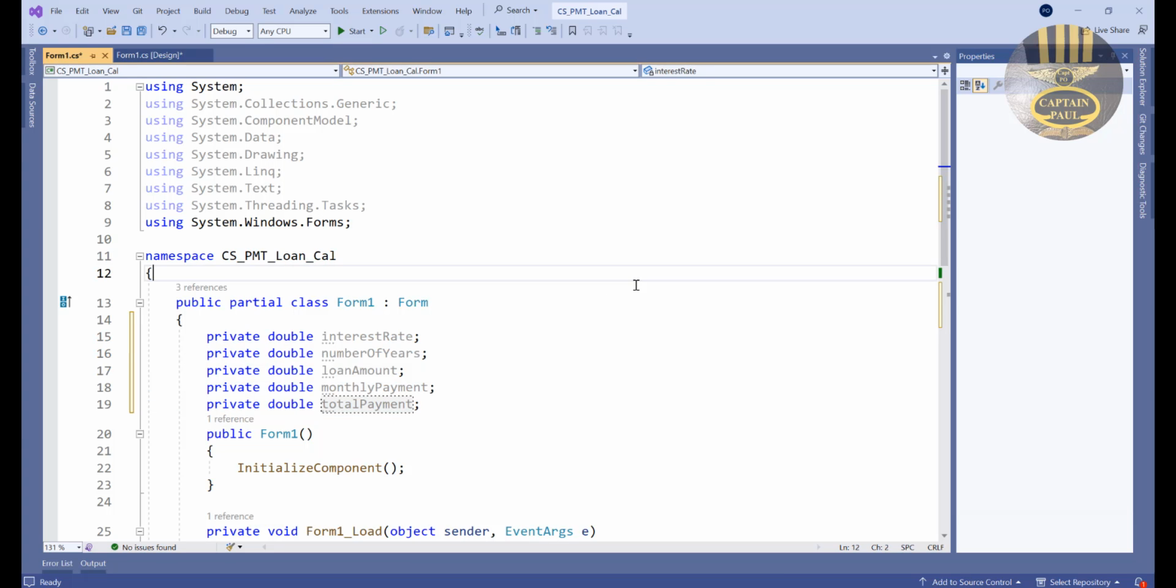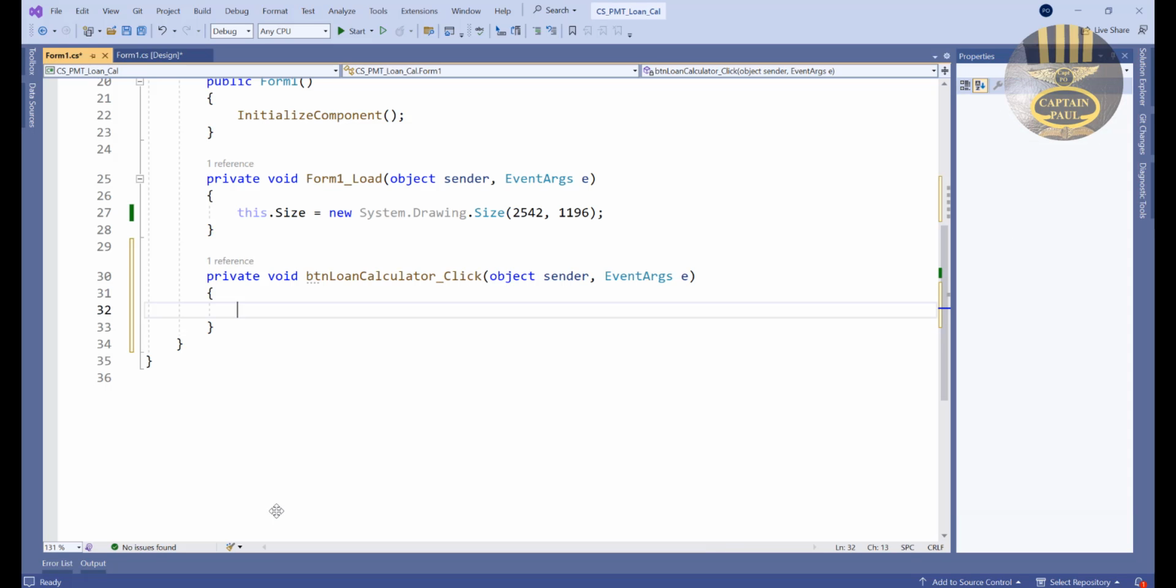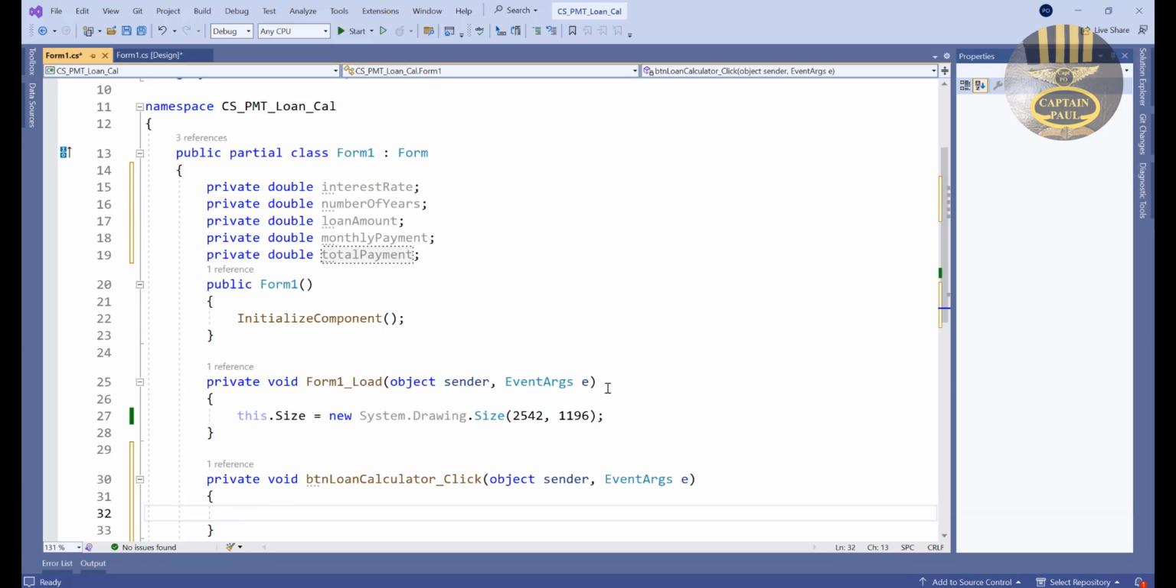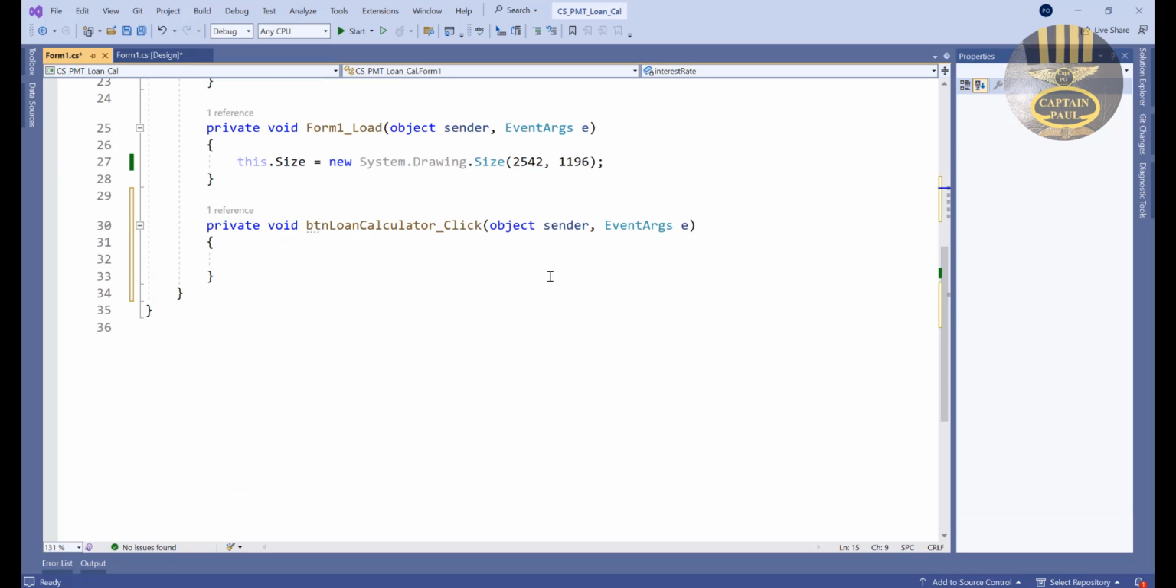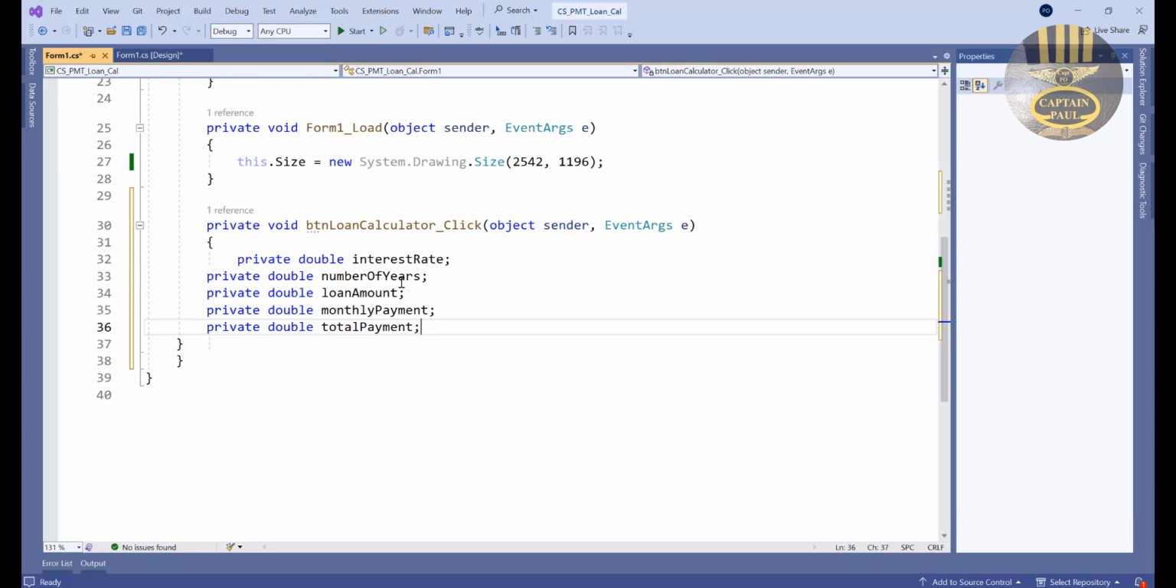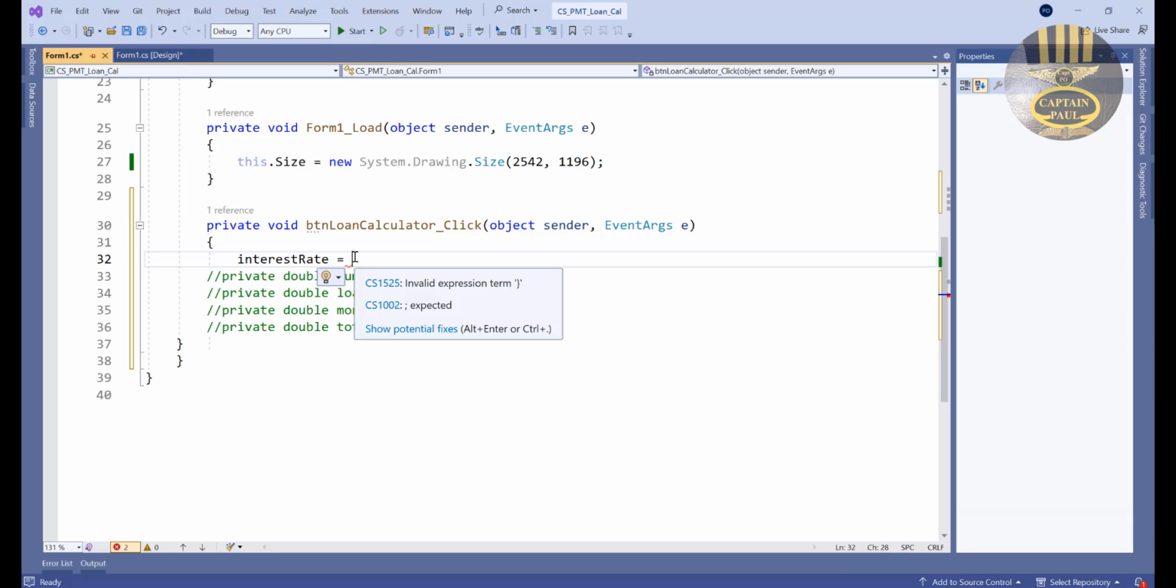Now, the next thing I want to do is double click on the button, this one, and you want the following. So, first of all, interest rate. In fact, let me grab hold of all of these. Let's bring them here. Paste. Okay, the interest. Let's comment these ones out so that the errors aren't irritating. Let's say interest rate will be equal to